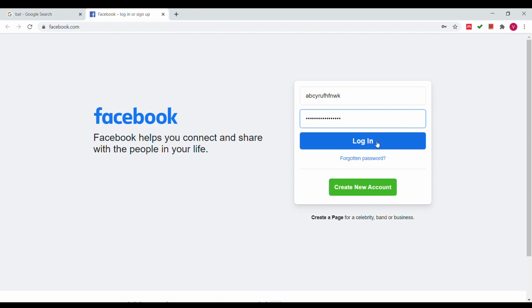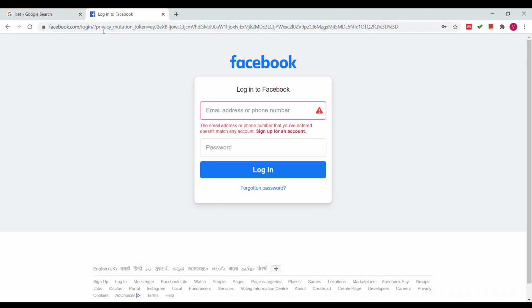So here when you log in, you will see that the URL does not change. We are not sending any data in the URL, and so your data is not getting exposed in the URL. So this is the POST method of sending a request from the client to the server.